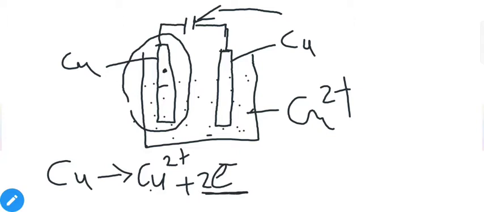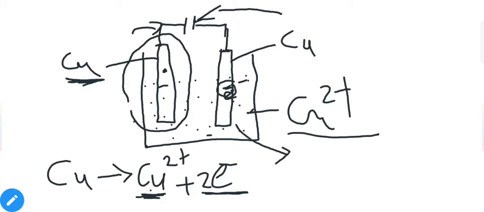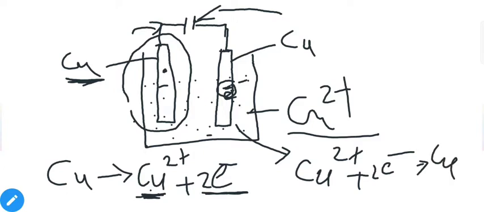The released electrons will travel towards the cathode through the conducting wire, and on the cathode the electrons will deposit on the surface along with the ions present in the solution. We have a solution of CuSO4, so it contains Cu2+ ions, and the anode also contributes Cu2+ ions to the solution. These Cu2+ ions feel attraction towards the cathode, and on the cathode you get a reduction reaction: Cu2+ accepts 2 electrons and gives Cu solid.